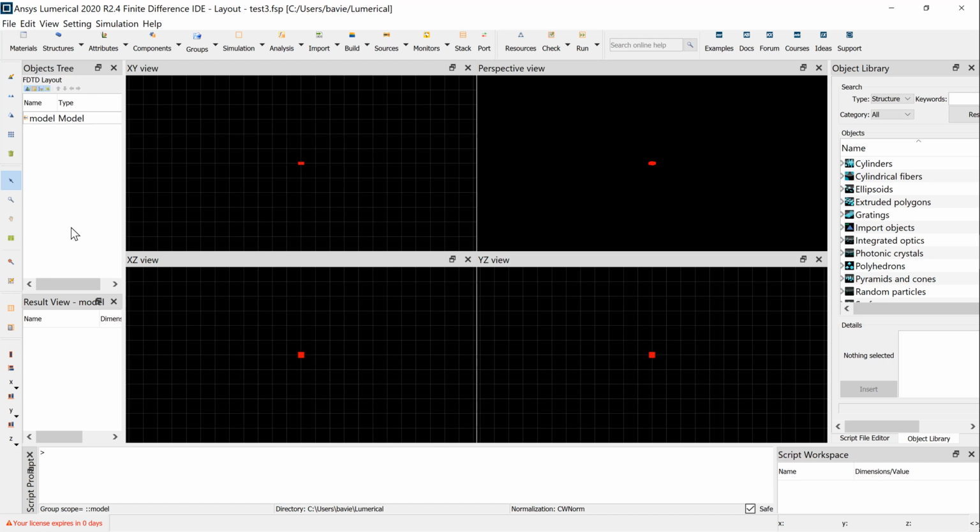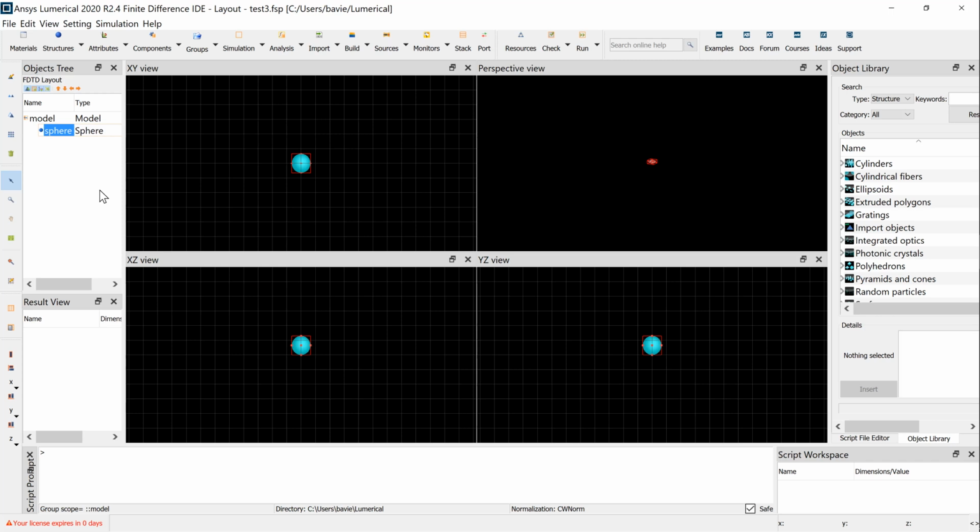First, we go to the section Structures, the top panel, and select Sphere. The moment the object is created, its parameters are automatically populated from those we defined in the script. Specifically for the sphere, we defined one geometrical parameter, which is the sphere radius, and we defined 3 coordinates for